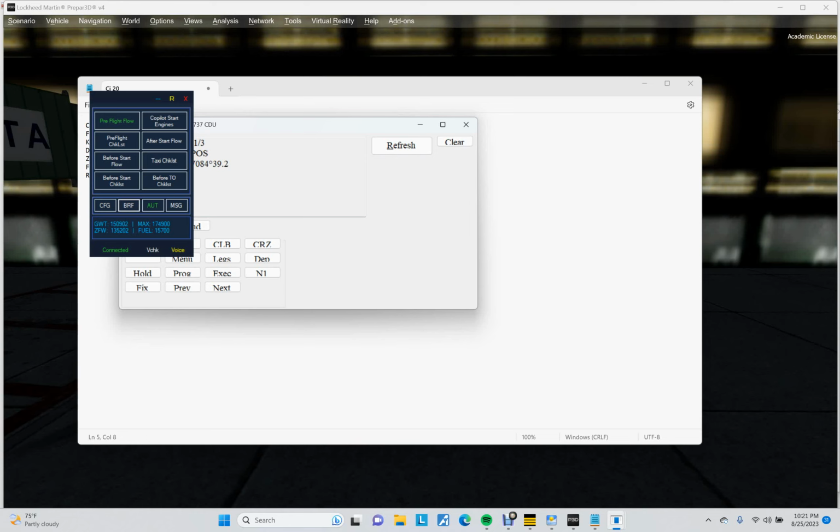Now hit left soft key 2. Refresh. There you go. Now go to the next page with Alt or right soft key and 6. Now that is done, now type in